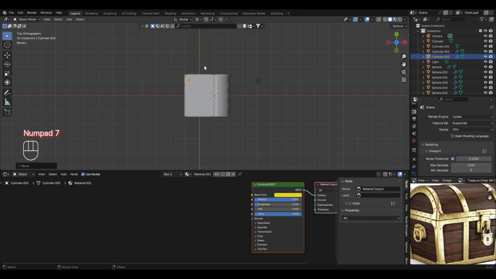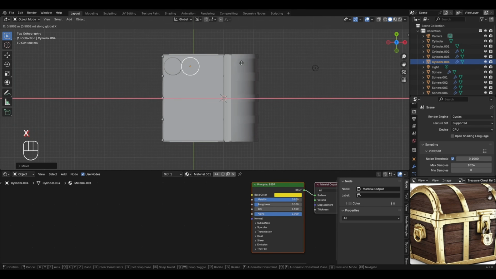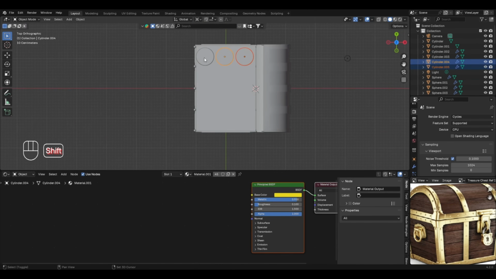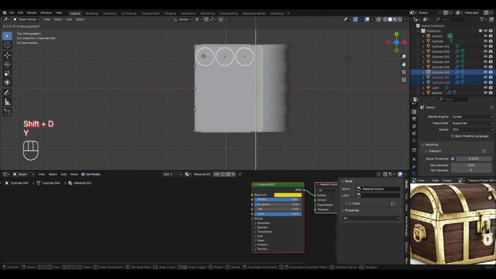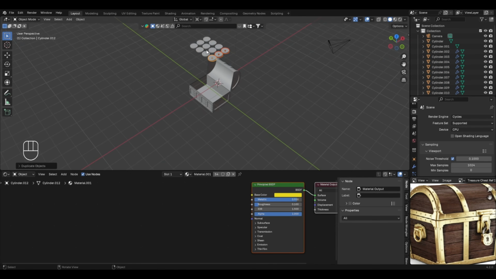So go to the top view by pressing 7 on the numpad and press Shift plus D to create the duplicate, and we'll move it in the X axis. Similarly, let's create one more duplicate and place it over here. Then to create some more duplicates, we'll be selecting all three of them together by holding the shift button, then press Shift plus D to create duplicates and move them down in the Y axis, and to repeat this step press Shift plus R 2 more times, and with this we now have a total of 12 coins added in